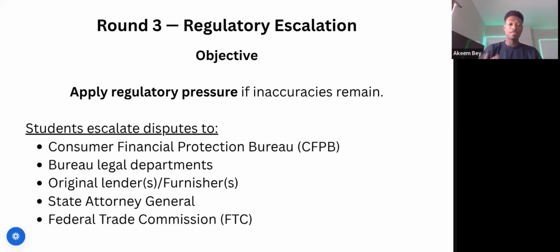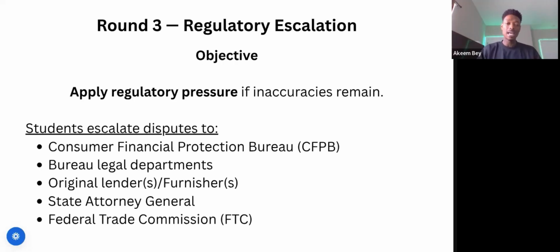But they know this. So now, round three, if they come back and they verify things again, then we want to use regulatory escalation. And the objective here is to apply regulatory pressure if inaccuracies remain on your credit reports. So what you're going to do is escalate that dispute through the Consumer Financial Protection Bureau, CFPB. You want to file the CFPB complaint, and you want to make sure that you have that paper trail of the disputes that you sent, copies of your credit reports, the certified mail slip, the return receipt. All of those things are going to help you when you submit these things to get the CFPB involved to